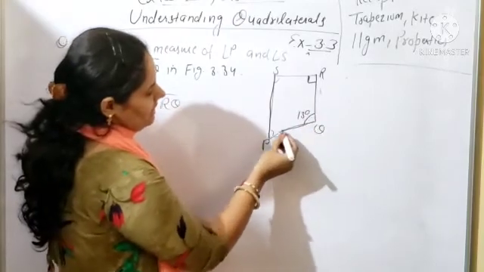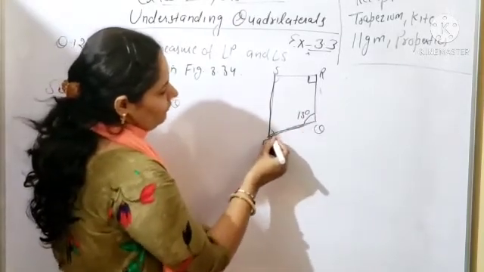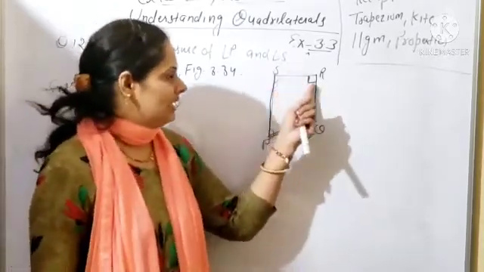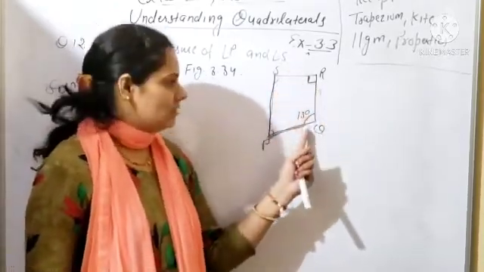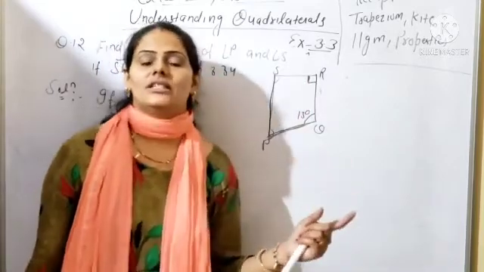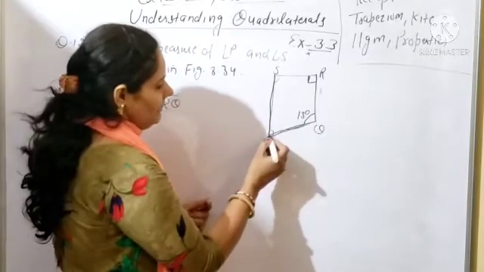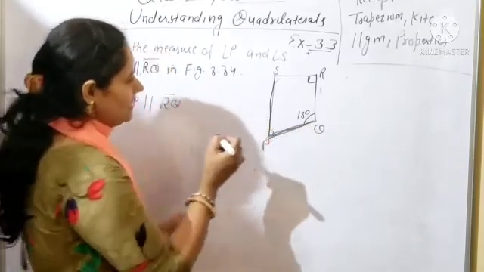So you can assume this one is a transversal line PQ. Okay, why are you taking PQ? Why are you not taking SR? You can take this one also. Here also one angle is known. Here also one angle is known. Where one angle is known, you can easily find out the other angle. So first I am taking this one side, PQ side. So PQ is the transversal.